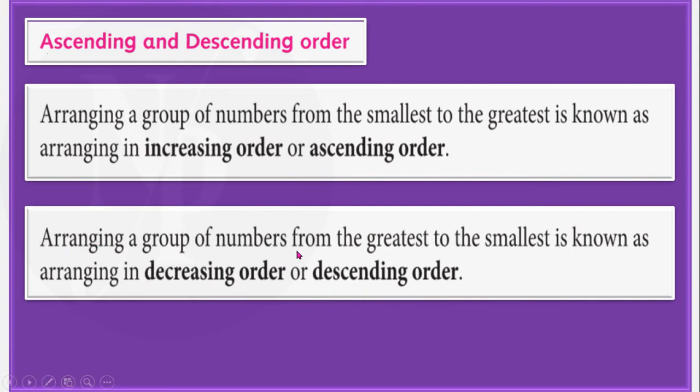Arranging a group of numbers from the greatest to the smallest is known as arranging in decreasing order or descending